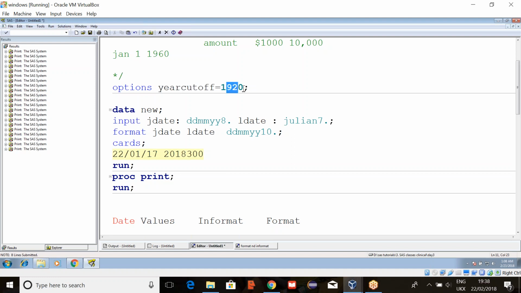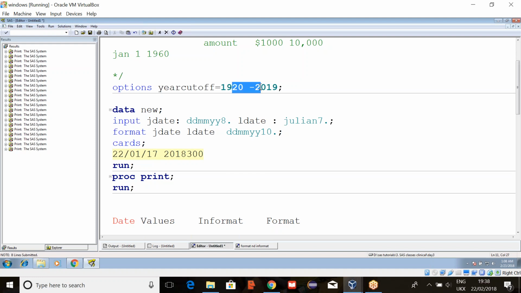That means from 1920 it will consider 100 years. From 1920, 100 years means 2019, right? So in this range, which 17 will fall? Only 2017, right? There is only scope for 2017. That's why it will print only 2017.